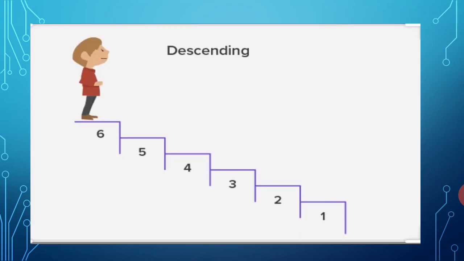Yes, very good. Now over here, a man is standing on the staircase. On the 6th stair he is standing and he wants to come down. So what will he do? He will decrease. He will come from 6 to the fifth step, then he will come to the fourth step, then the third step, then the second step and the first step. That is, we decreased over here. He came from a greater number to a smaller number. So students, this is known as decreasing order or else descending order.